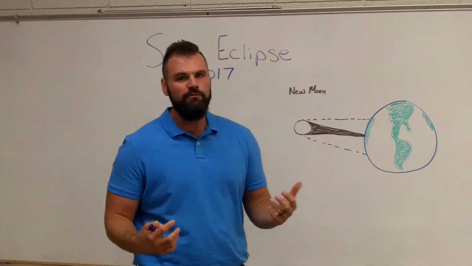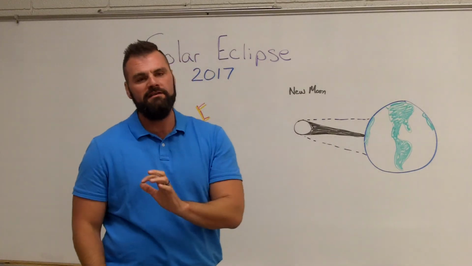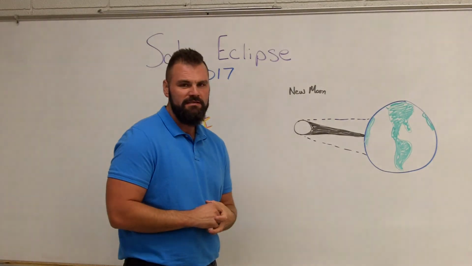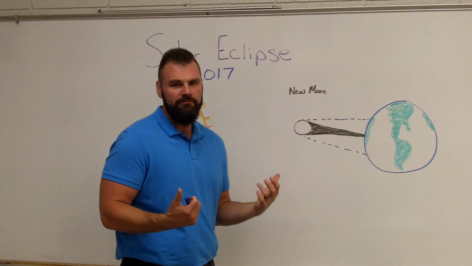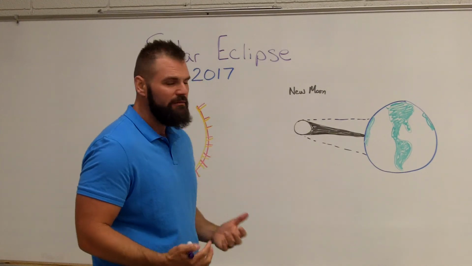So like for Webb City, we are pretty close to the umbra, which is going just up by Kansas City. And so we're going to see about 95% of the sun covered up. So that's the general mechanics of what's taking place during a solar